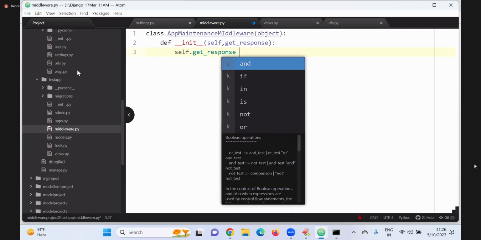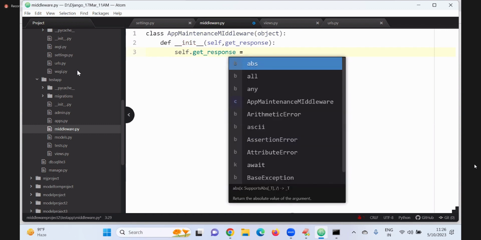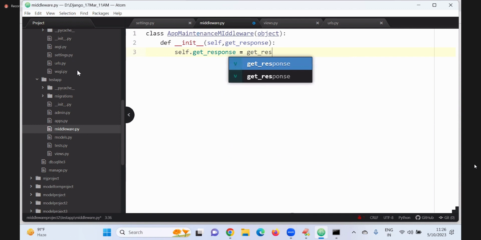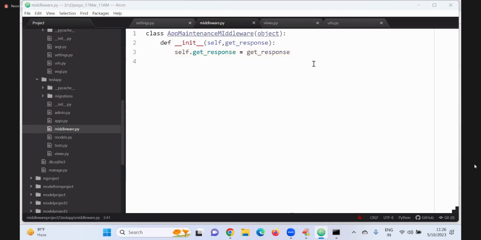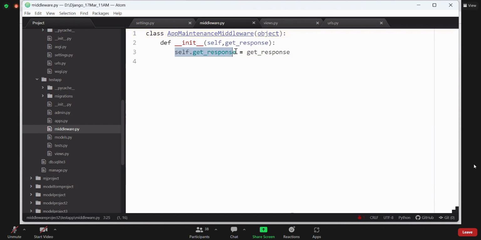For future purposes, I stored the current value, because tomorrow multi-level middlewares are there. Suppose multi-level is there: the first time I get a request, I send it to the second one, third one, fourth one. Multi-level middlewares are also possible. For future reference, I am storing it in a variable.